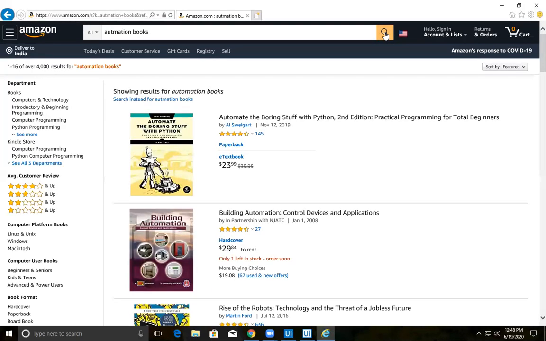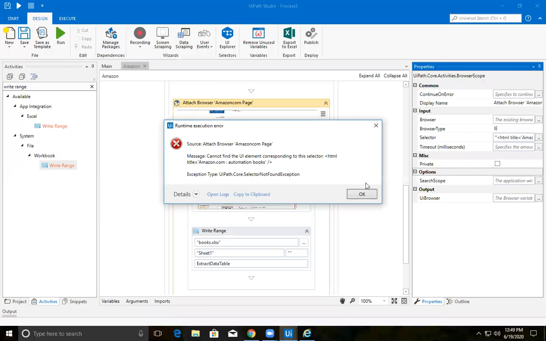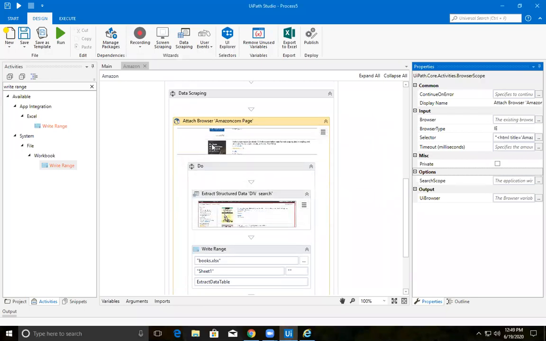It is still searching. But it came up with an accurate result only. But it will raise an error. Yes, automation books was not found. Still there is something that I need to do.